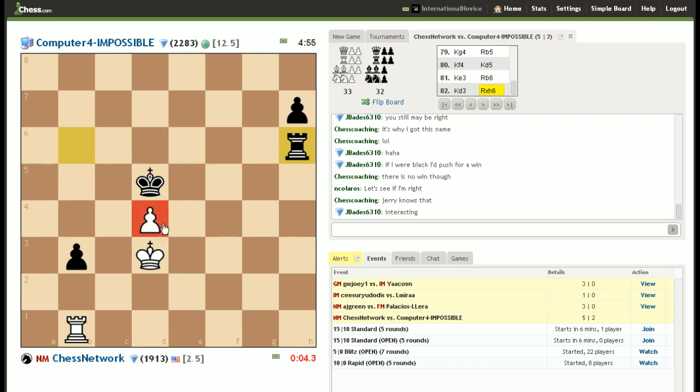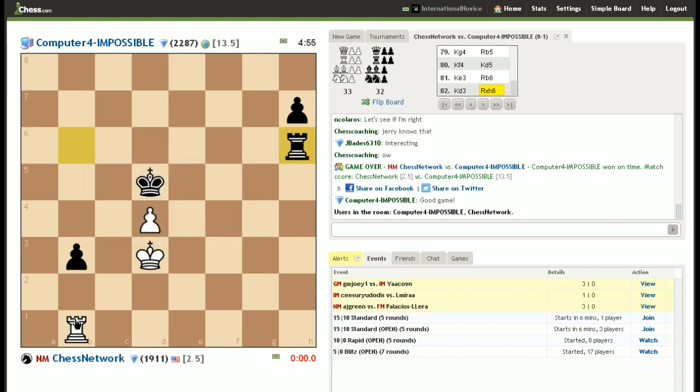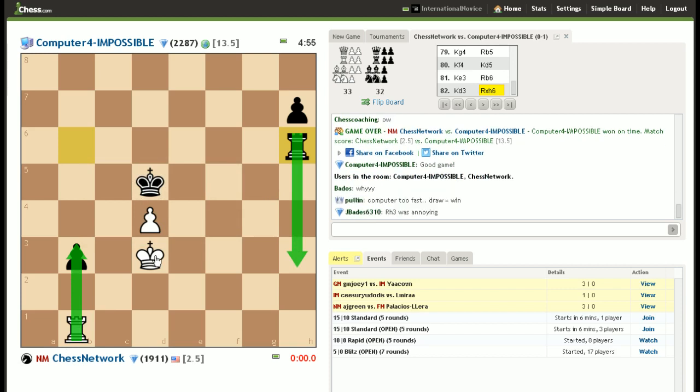Ah, White loses a pawn here. Rook takes... Oh, White loses... This is just a loss. Yeah. So, rook takes... Rook check... King... King...